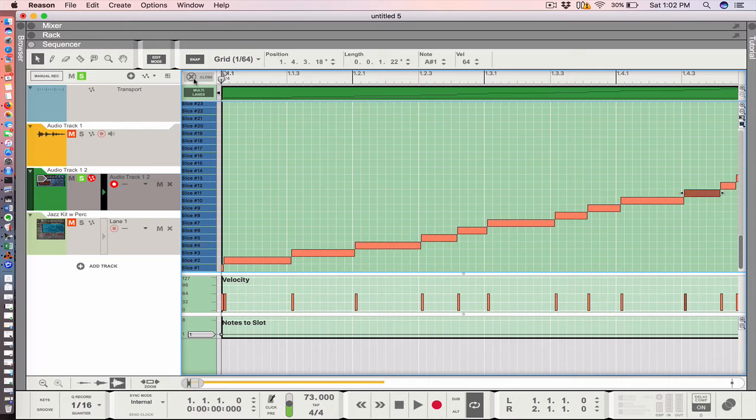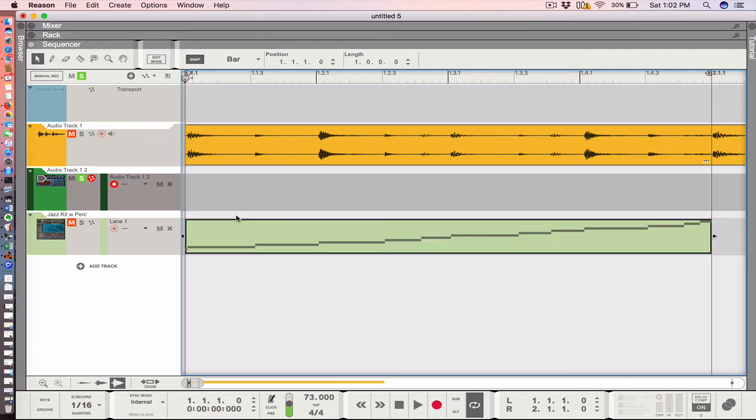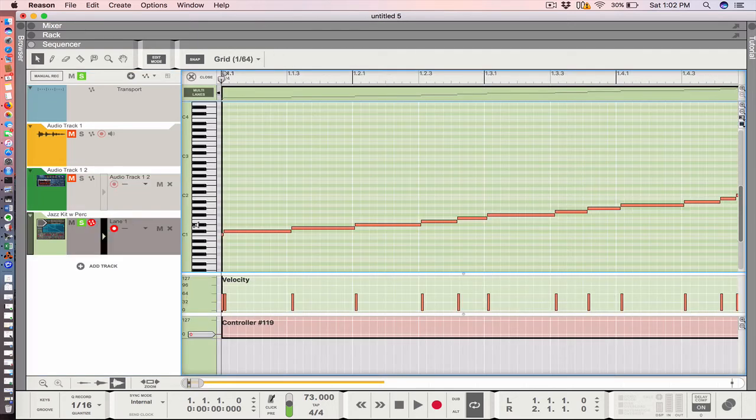And this is great because this allows us to basically cop his timing. Now if I drag this down to the Jazz kit, it sounds like crap because what it's doing is it's triggering some notes according to the appropriate time, but